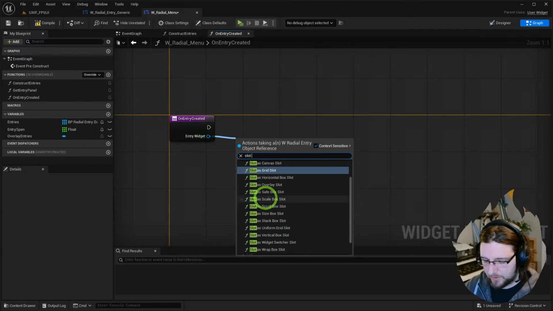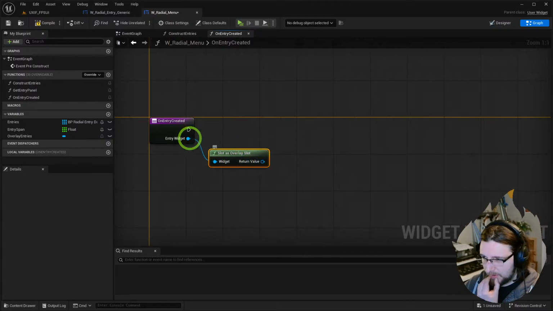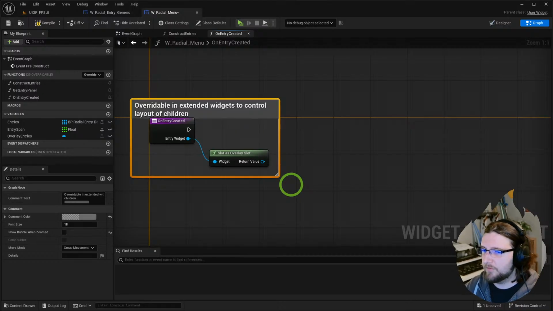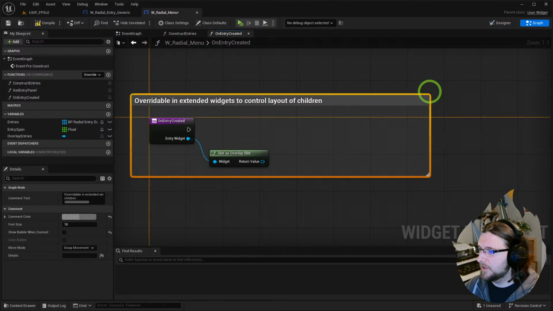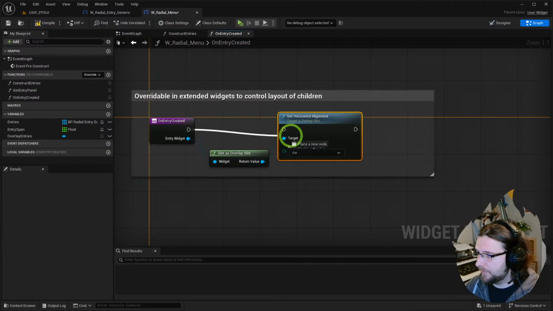In this case, we'll do slot as overlay. And you can override this as well. Overrideable in extended widgets to control layout of children. So in this case, all I'm doing is setting the horizontal and vertical alignment